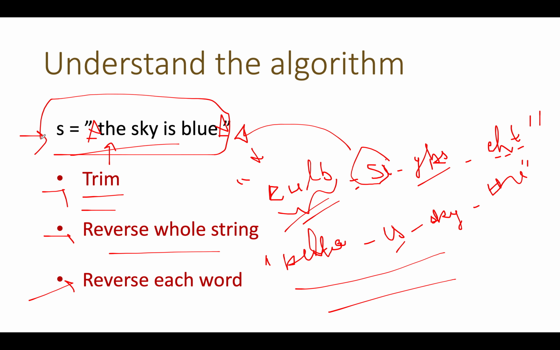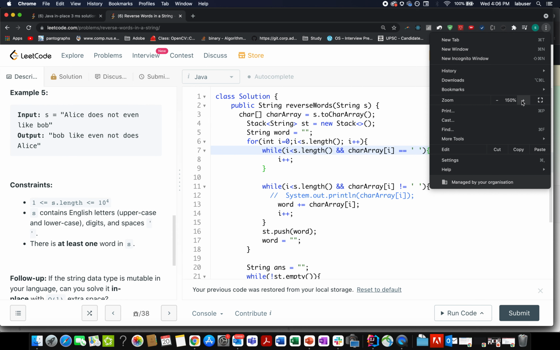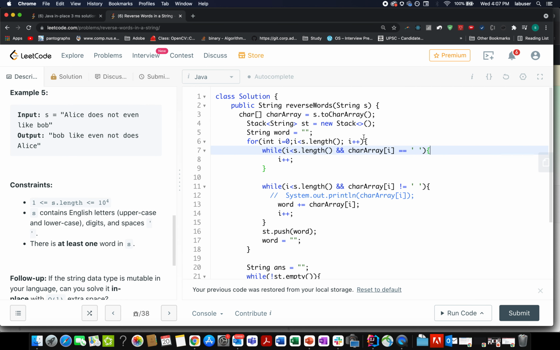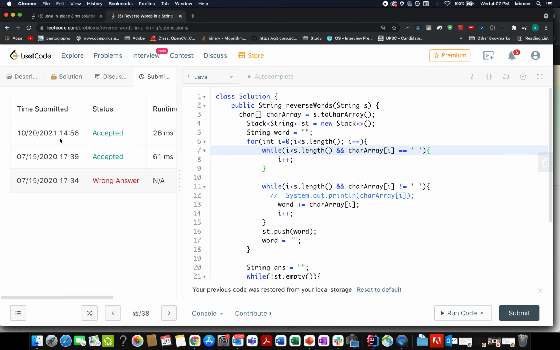Now let's look at the coding section. I'll be talking about the first approach because I want you guys to solve it by the second approach that I communicated. I solved this question a long time back, I think somewhere in the month of July, and today I just solved it using the same code. So let's look at it. I extracted all the characters of the input string into a char array.